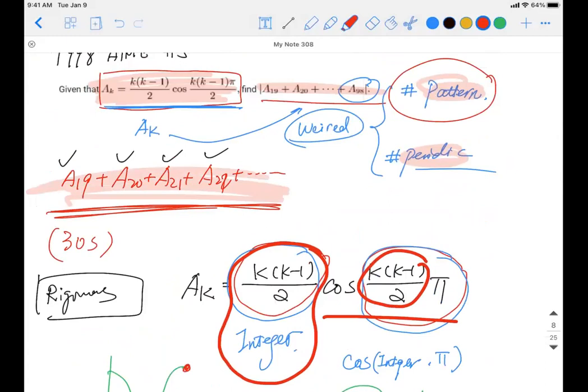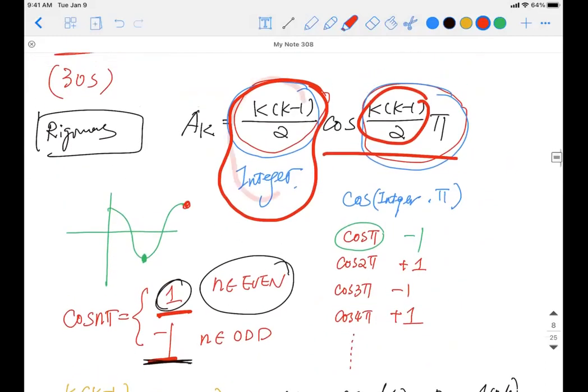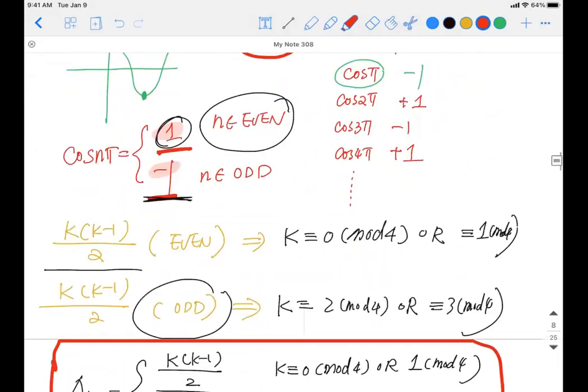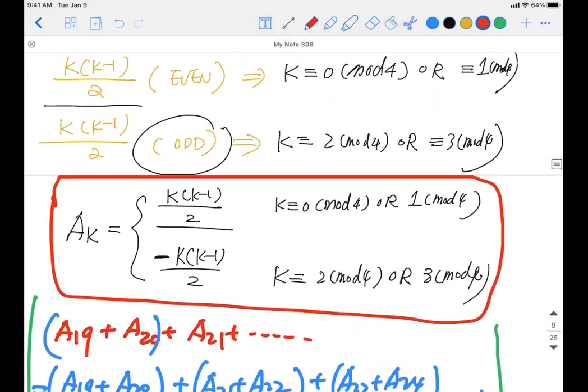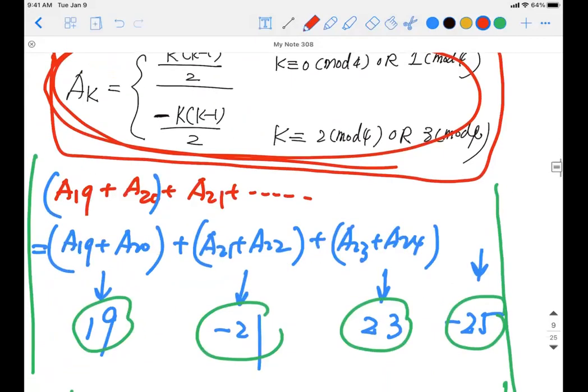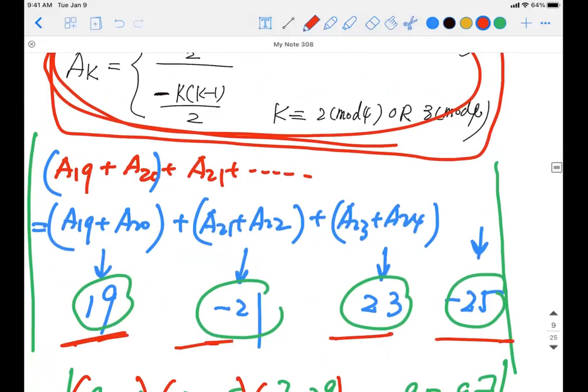Or doing some quick analysis, your analysis is not rocket science. You will be able to find out that the coefficient, even though it looks scary, is always an integer. The things within cosine are always going to generate positive or negative one, alternately, based on even number or odd number. When you consolidate all the knowledge together, you will be able to find out that at the end of the day, your cosine value, your AK, is nothing but such an alternating thing. And then you just have to do some quick calculation and you get what you need.